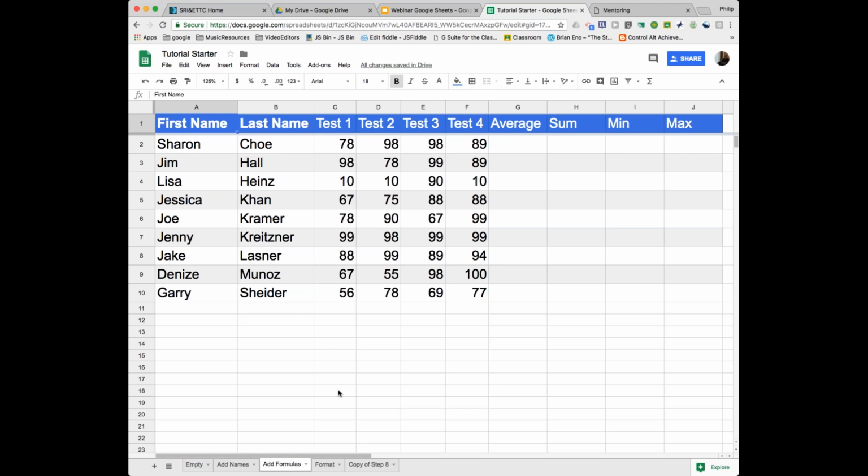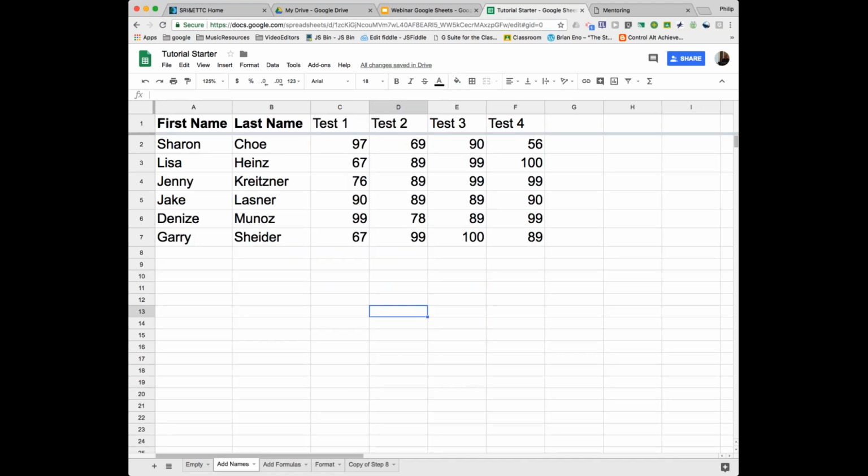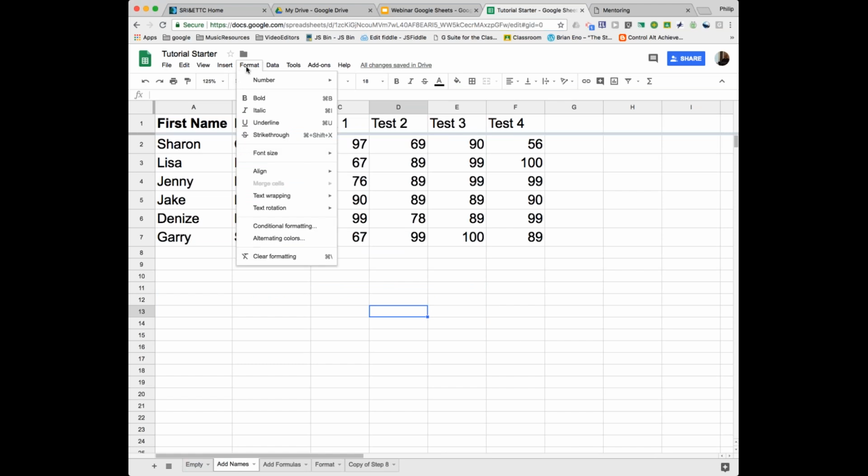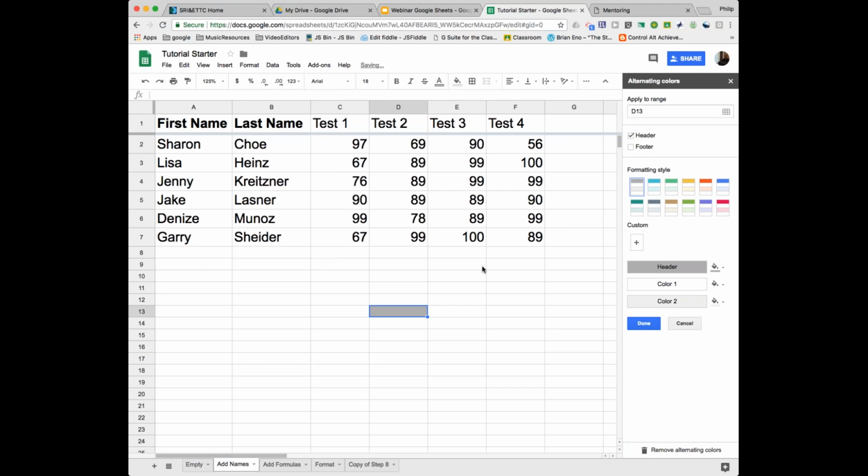By the way, before we get to that, I want to show you something. Let me go back. You see how my cells are alternating in color? See how there's a light gray and a dark gray? That really makes your sheet nice and legible. And let me show you how I did that. I'm going to go back to the previous tab where that hadn't been done yet. And if I go to Format, you'll see something called Alternating Colors. And if I click that and pick the color scheme I want,